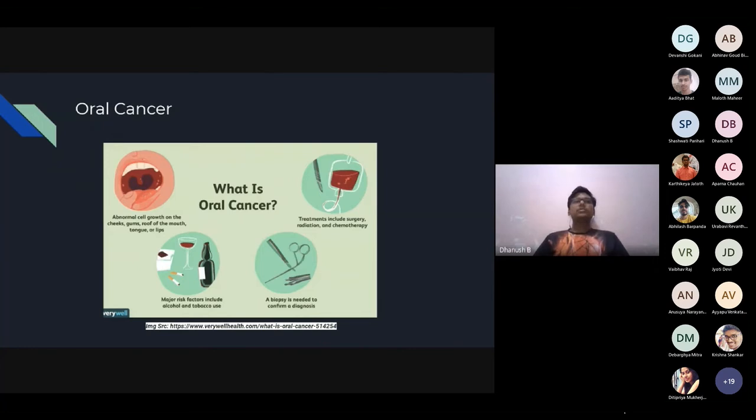This oral cancer can be diagnosed by tissue biopsy and differential diagnosis. The treatment of oral cancer includes surgical techniques like laryngectomy, glossectomy, laryngoscopy, esophagoscopy, and neck dissection, and other methods include radiation therapy and chemotherapy. Prevention of oral cancer can be done by avoiding the risk factors, that is, chewing of tobacco and alcohol consumption, and getting the shots of human papillomavirus vaccines.